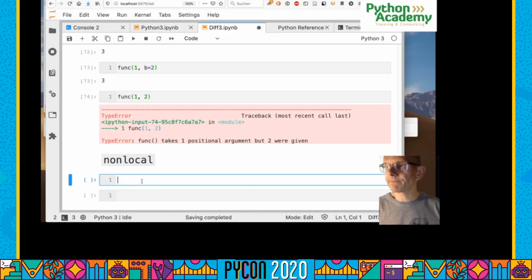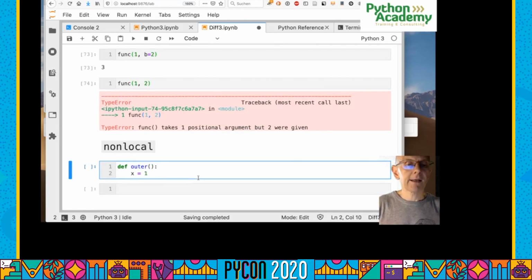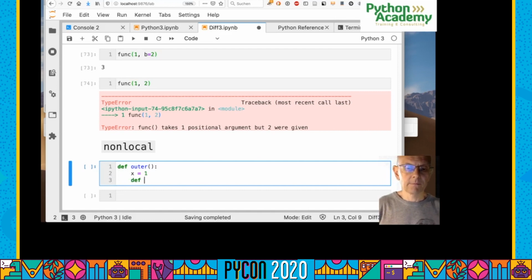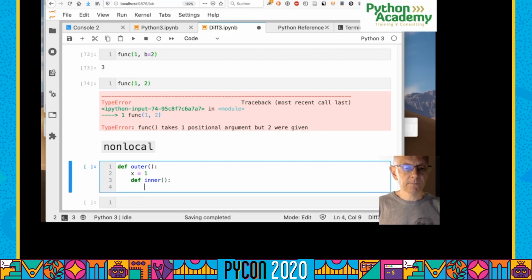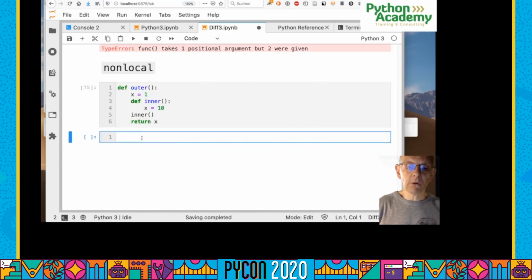If I have a function outer, and I define x equals 1, and I have a function inner, and I say x equals 10, and I call the inner and the outer, and I return x. Obviously, if you call outer now,